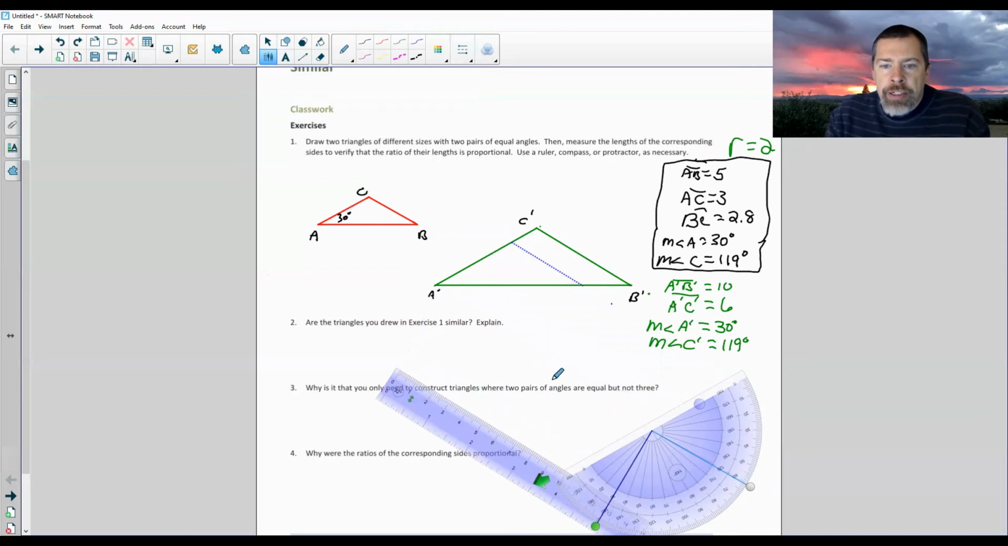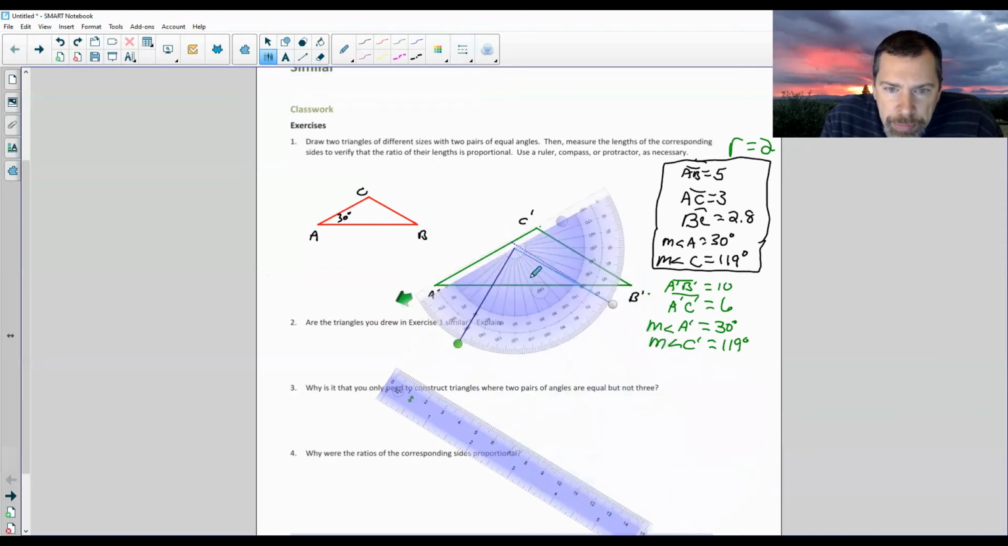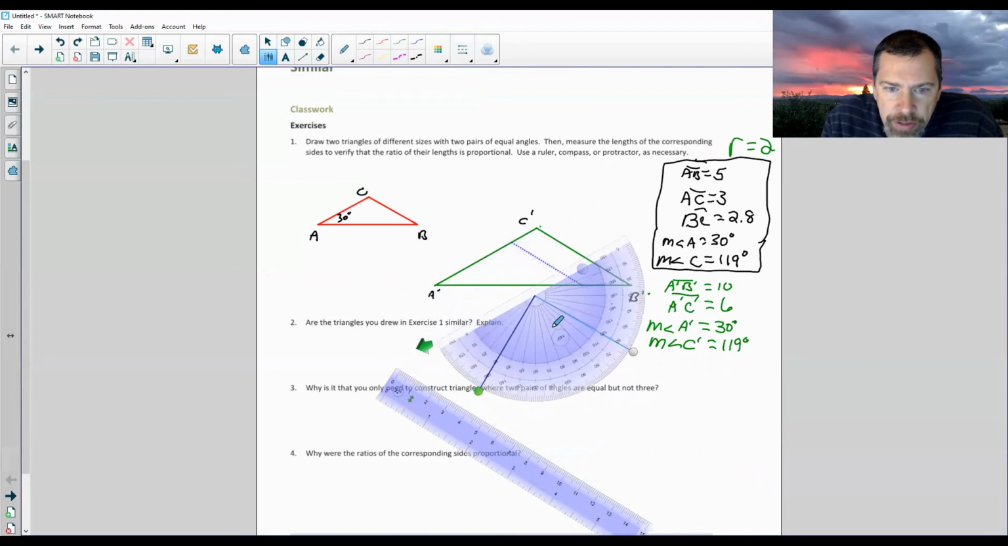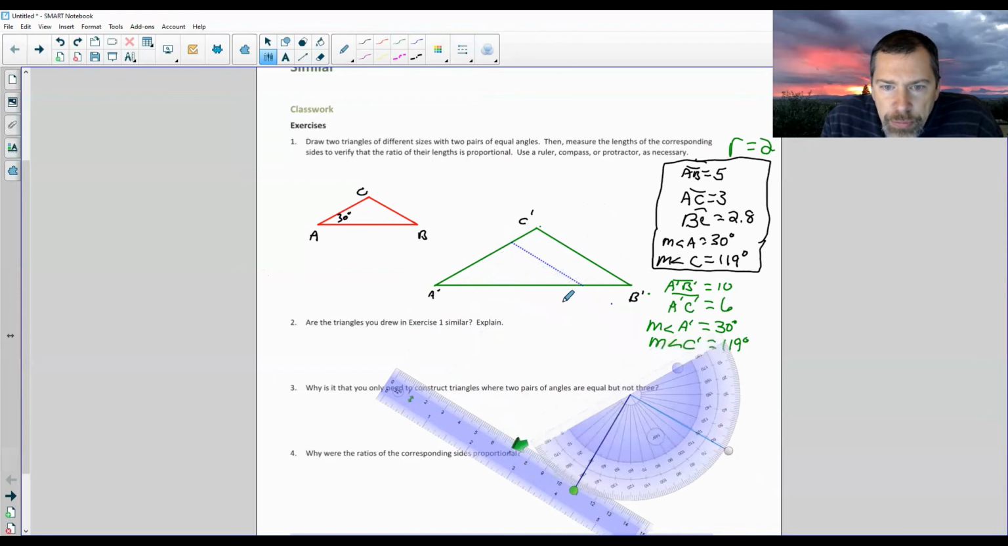Okay, so I'm going to look at this smaller triangle now. And if I put my protractor here, I made it 119 degrees. The measure of angle A prime is already 30. So now I'm going to measure,